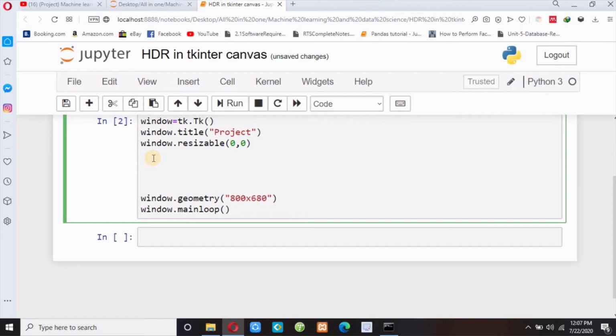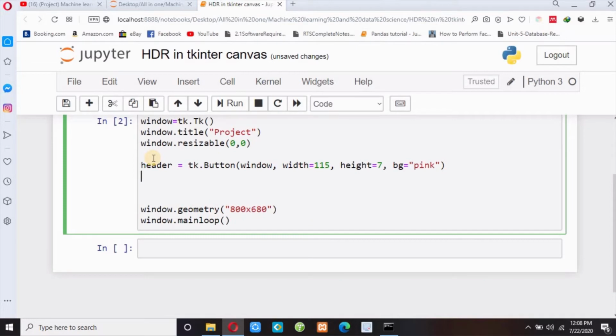So header equals tk.Button. I have to put the button inside the window, and size, meaning width, equals suppose 115, and height equals suppose 5, 6 or 7, and background color any color you like, pink.